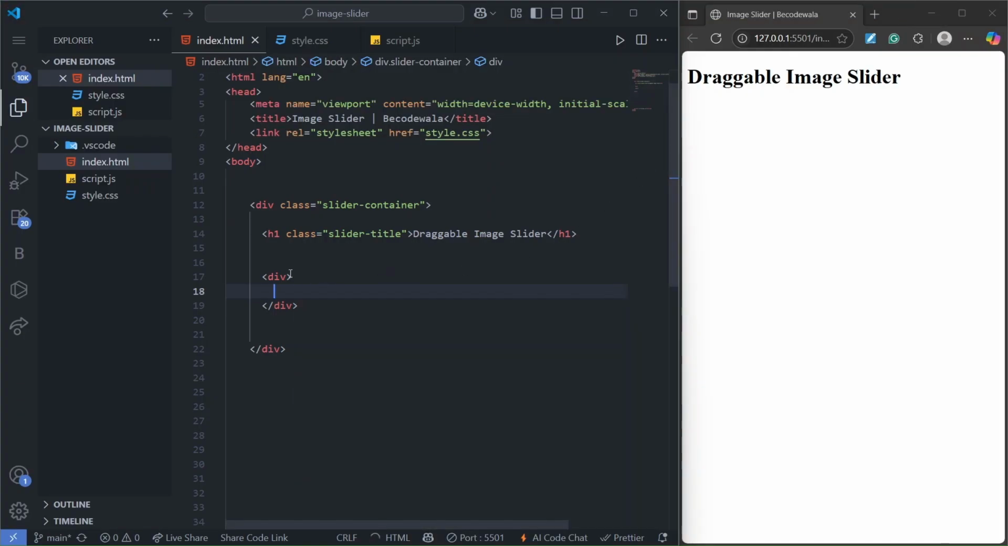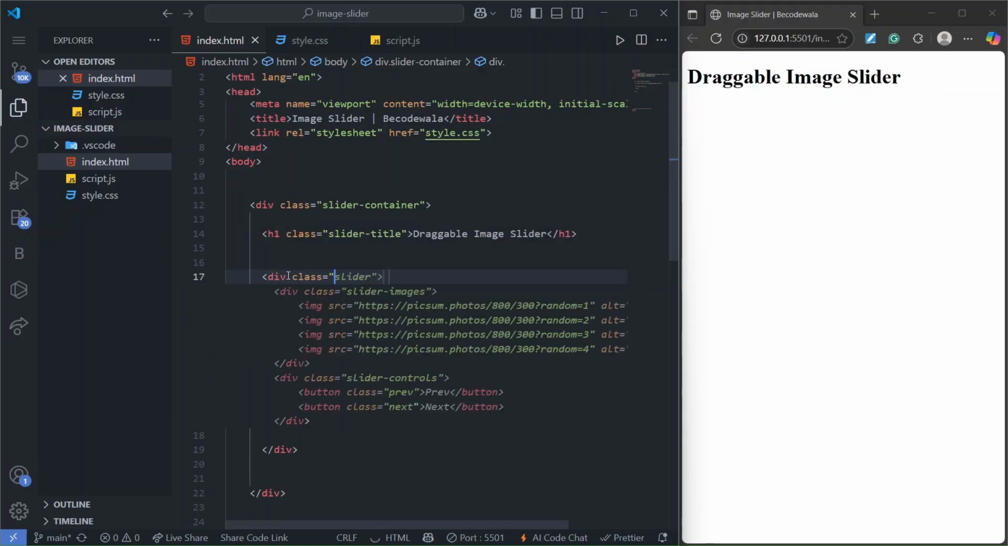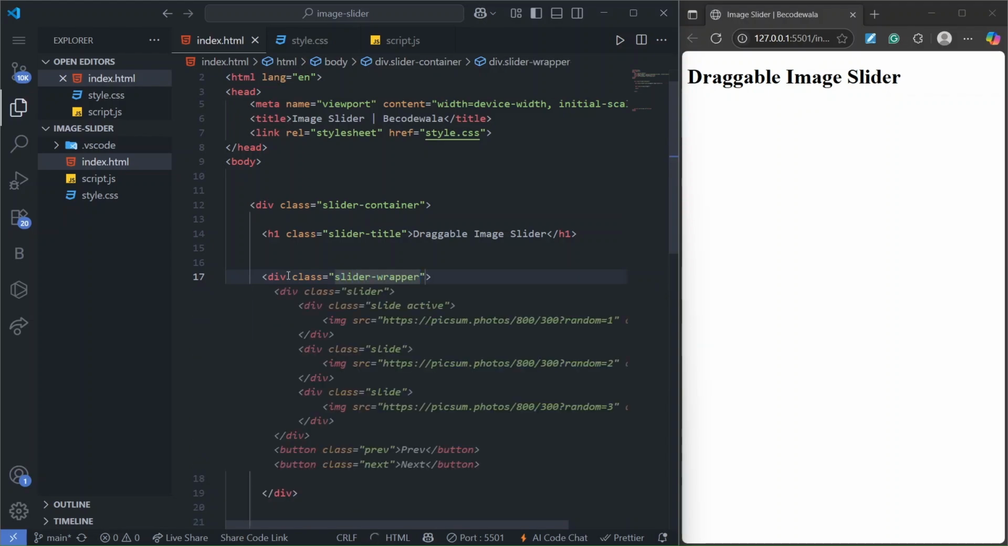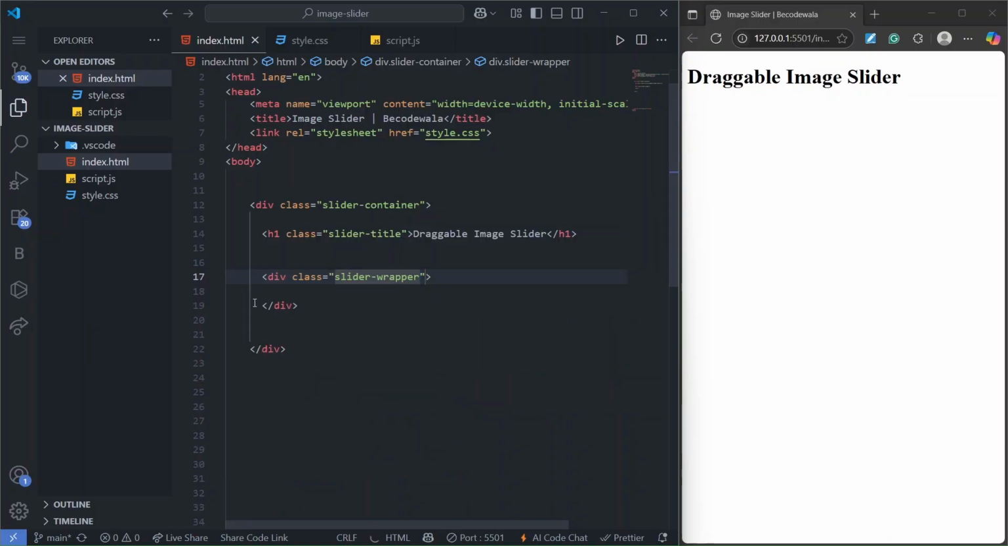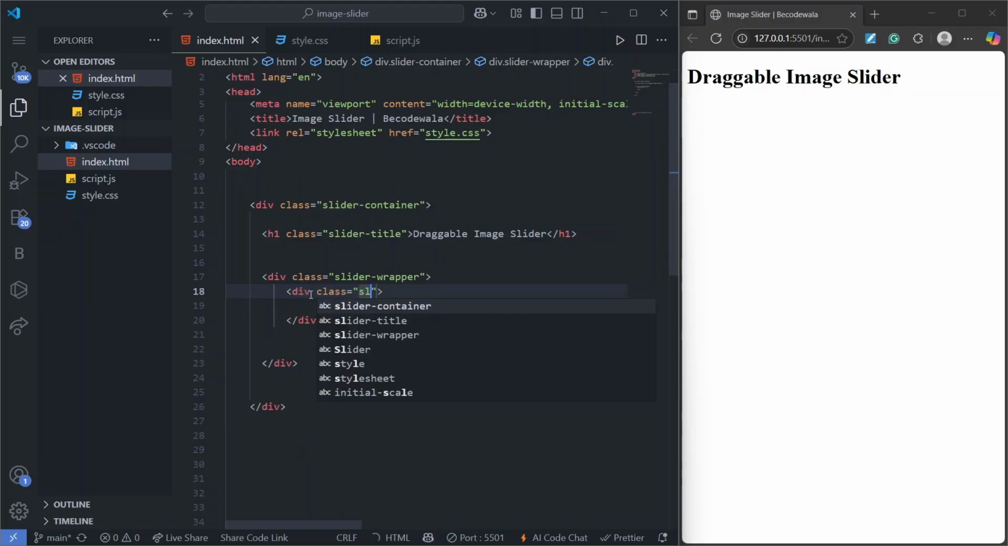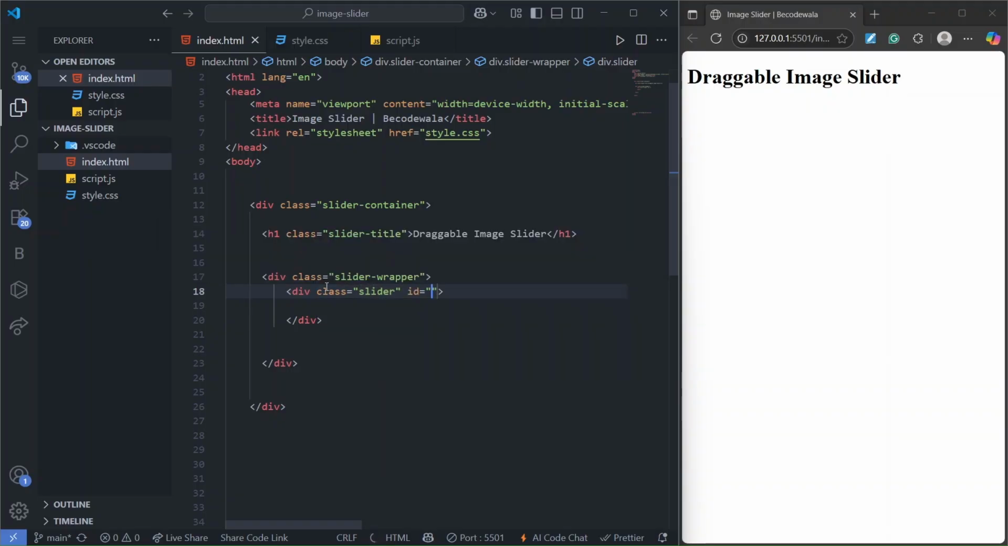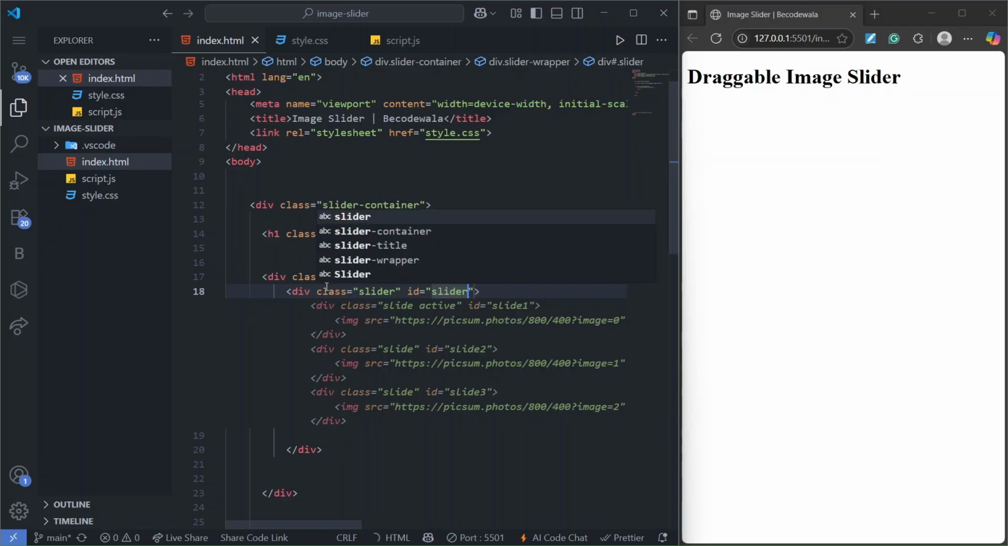So here in this div we will add a class, and in this class we'll write slider wrapper. So I have added the slider wrapper class, and in this we will add another div, and in this div we'll add a class slider, and after that we'll add an id. So the id will be slider. So using this id we will apply the functionality on the images,